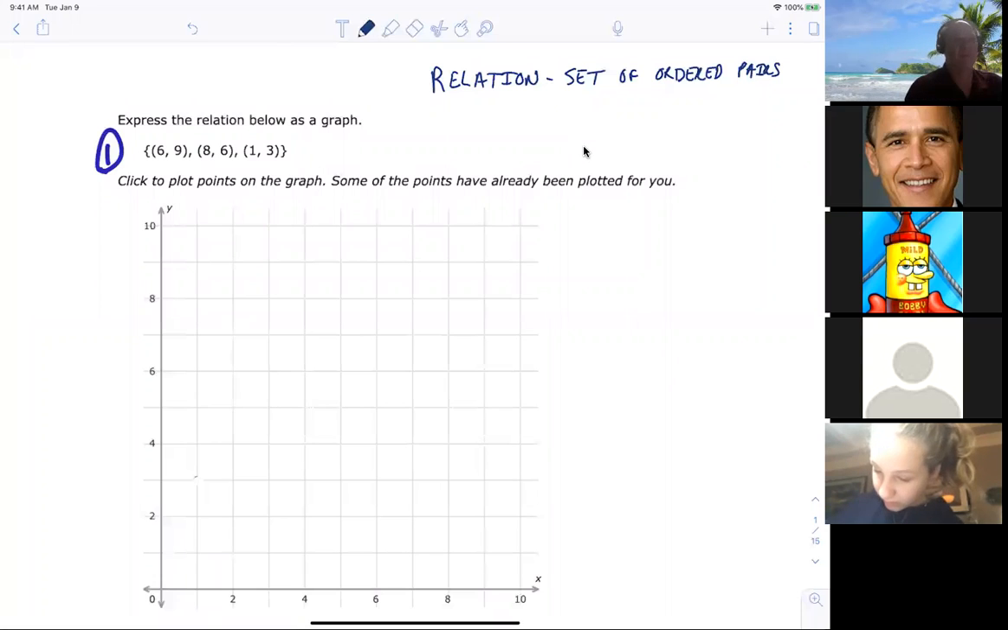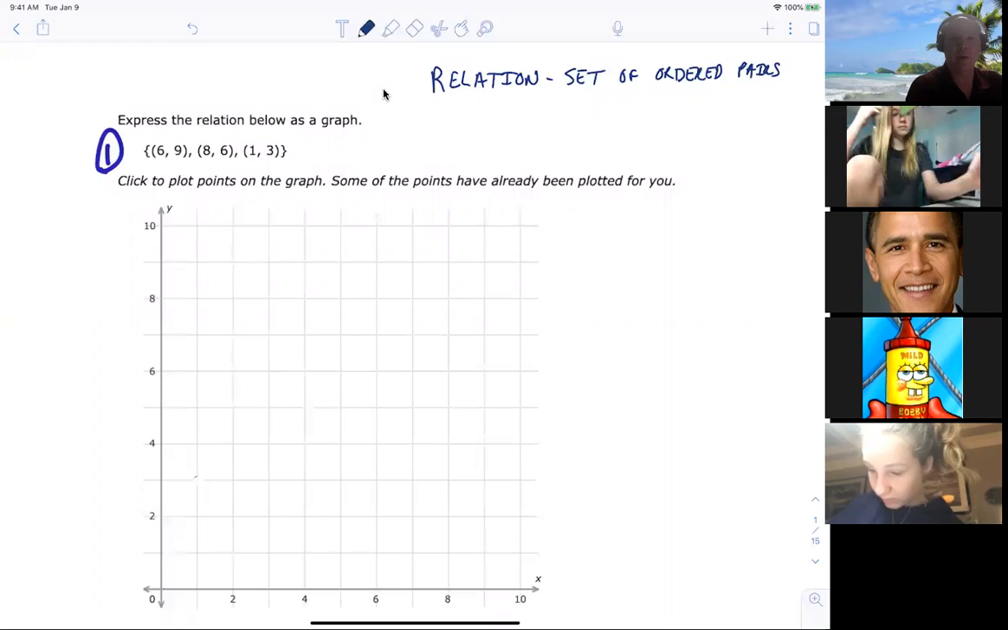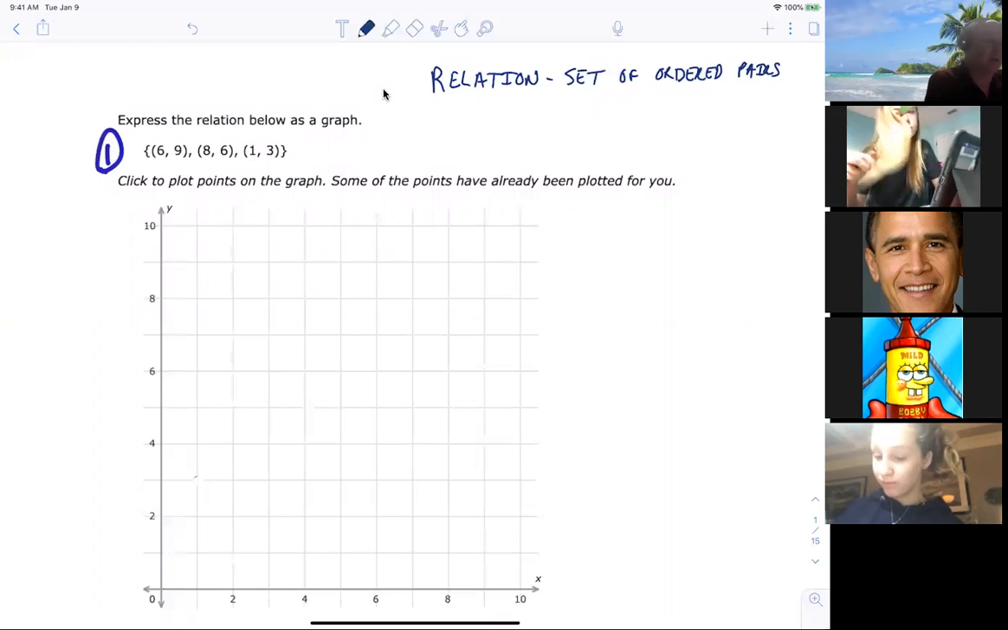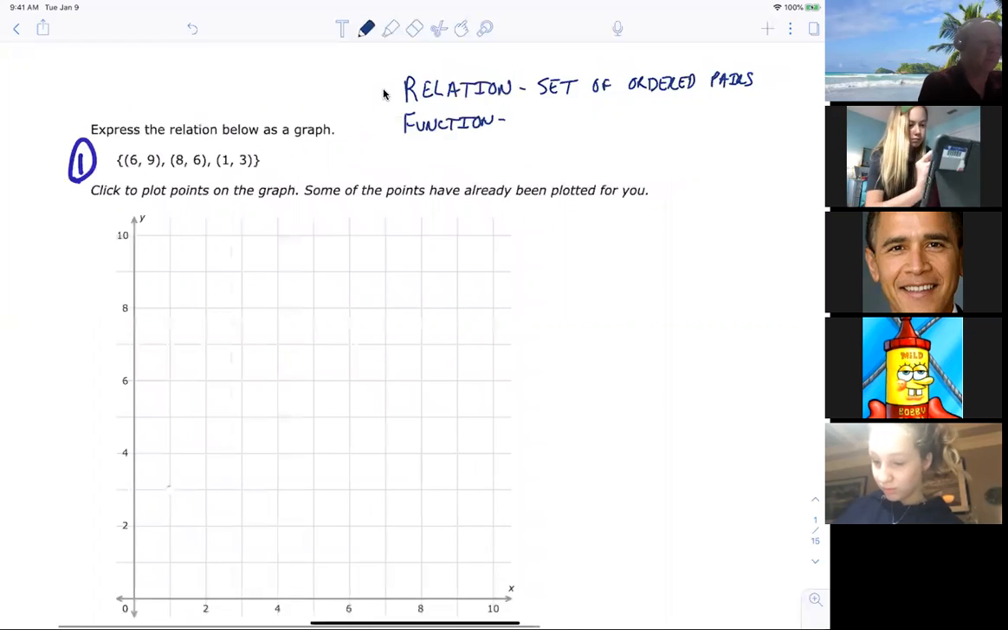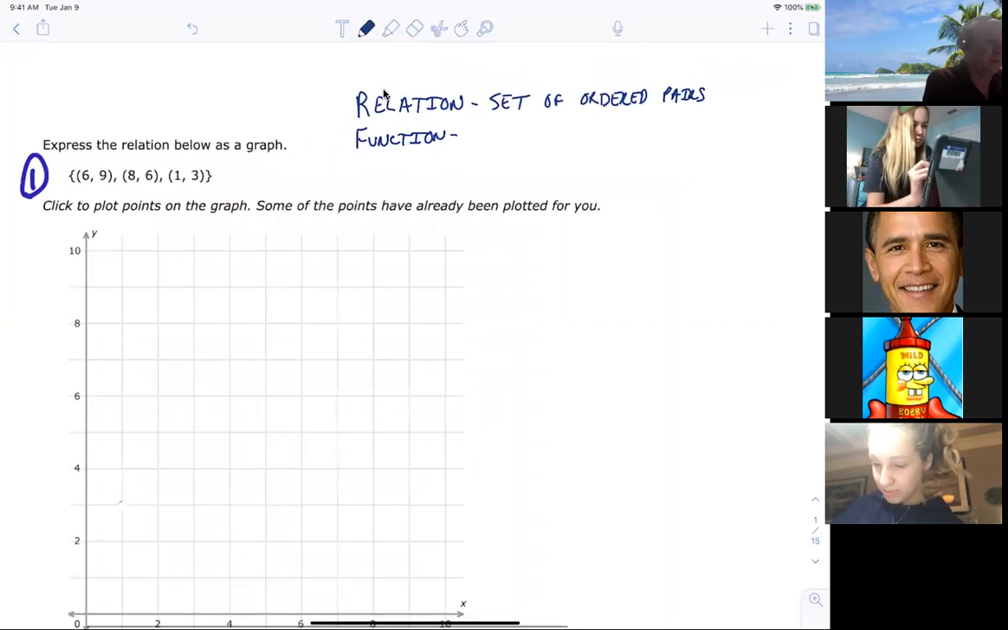So again, what I want you to do now, after you write relation, the next main thing is I want you to write down function. And a function is when your relation,